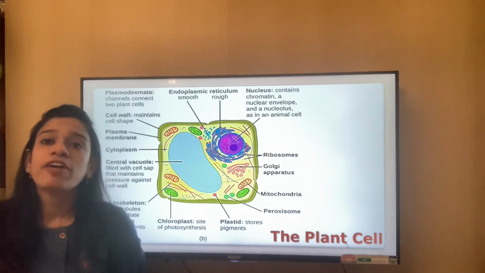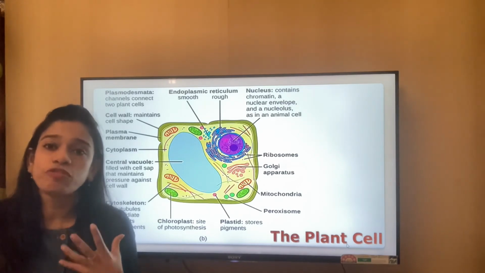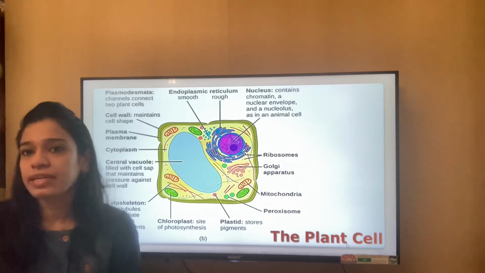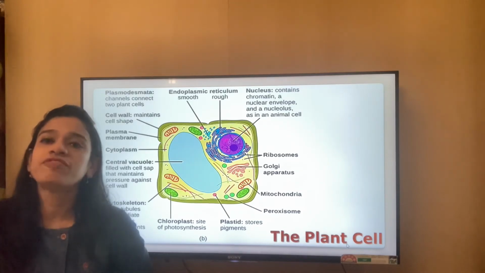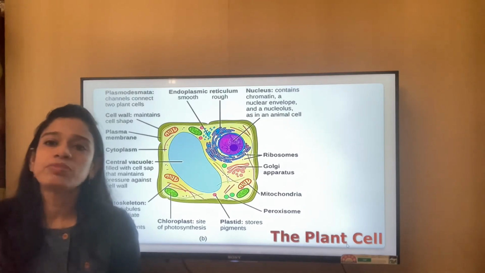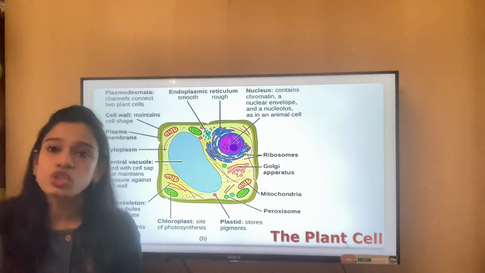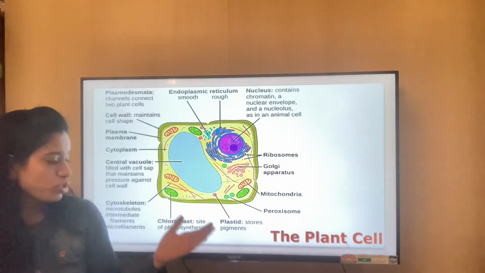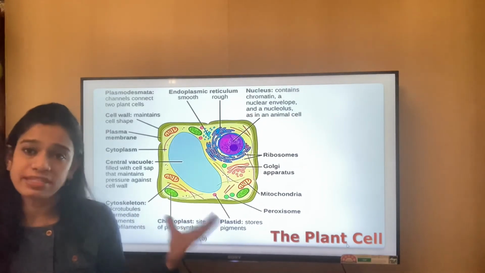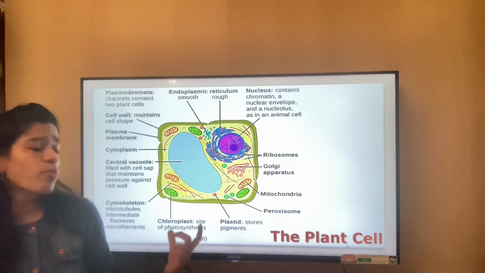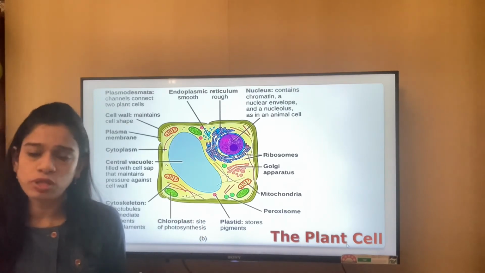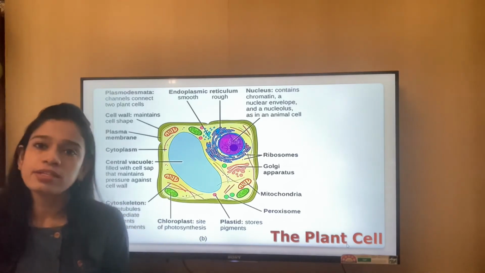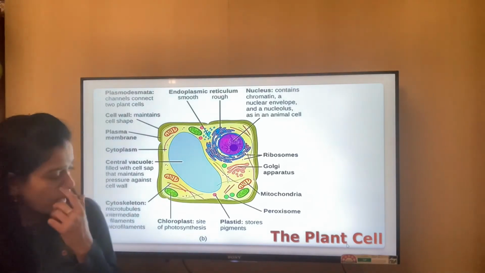Chromoplasts give various colors to the fruits, flowers, etc. And leucoplasts are basically colorless. So they are mostly found in the areas which help in the storage of sugar or carbohydrates. So we can understand there are three types of plastids. Chloroplasts help in the process of photosynthesis, chromoplasts give colors to the fruits and flowers, and leucoplasts